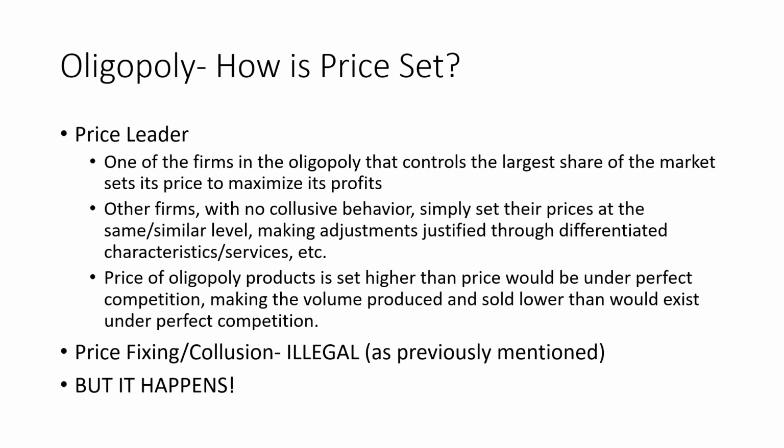Because they're selling similar products like a cell phone company or airline tickets or chemical and seed companies, if one company raises their prices, they're going to lose customers to the company that has a very similar product at lower prices. So having a price leader and then everybody else following suit is one way that oligopolies set their price. Another way that oligopolies set their price is an illegal way, which is through price fixing